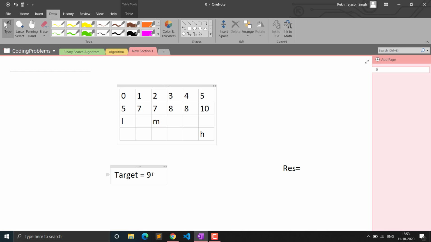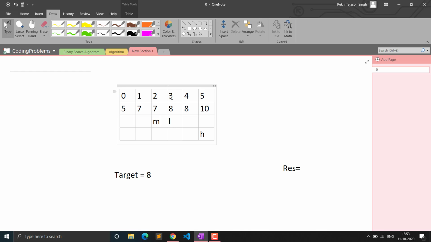Now if you see mid is here, now we compare the target. So target is 8, so it is not equal to 8, it is less than 8. So we will set our left to mid + 1, because the element is greater than the mid, so it cannot be before mid, it will be occurring after mid only. So that is why we will update it to this. So L will come here.